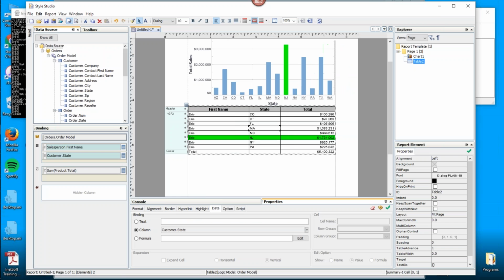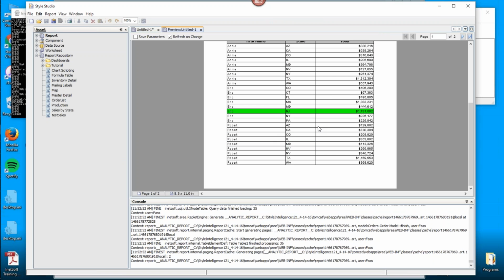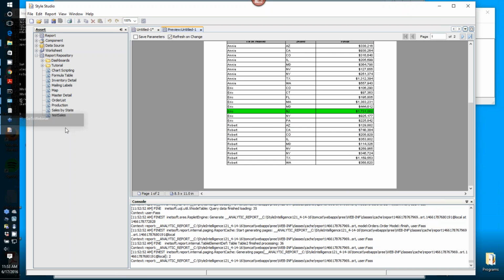Now what happens if I don't enter anything? If I do a preview and I don't enter anything for the salesperson, just press OK, then I'll see all of the salespeople. Because the way that parameterized conditions work is that if the parameter does not have a value, then the condition is simply dropped. It's ignored, because without that parameter value there's no way to apply the condition. You don't have a right-hand side for the condition, so the condition just gets ignored. When the condition is ignored, you see all the salespeople.